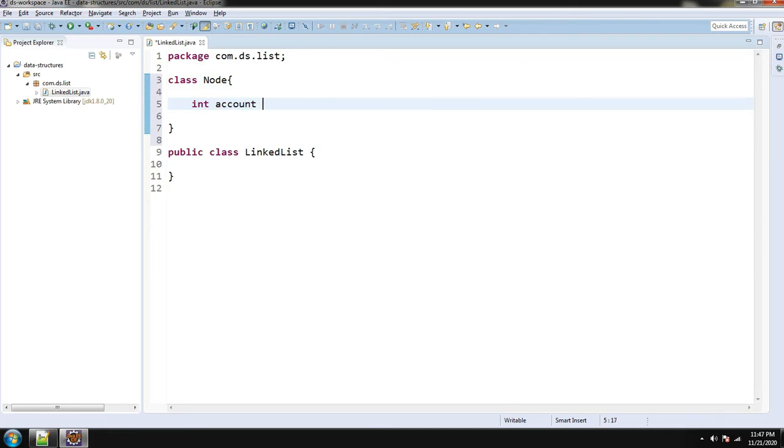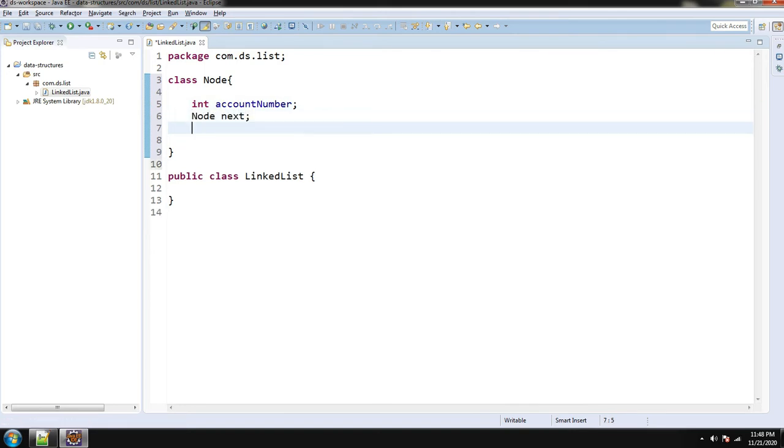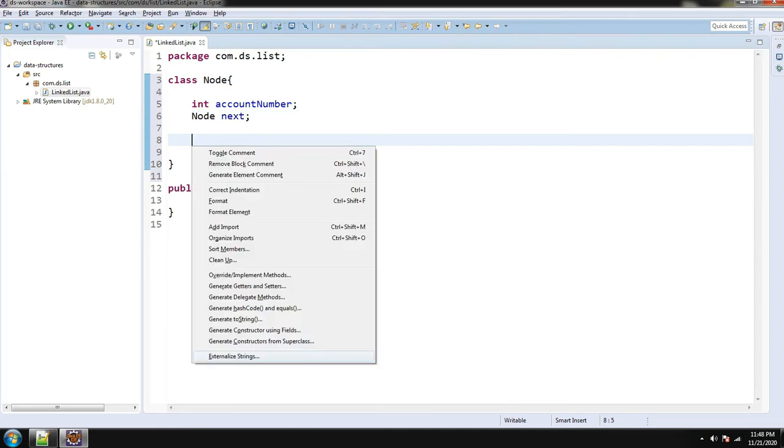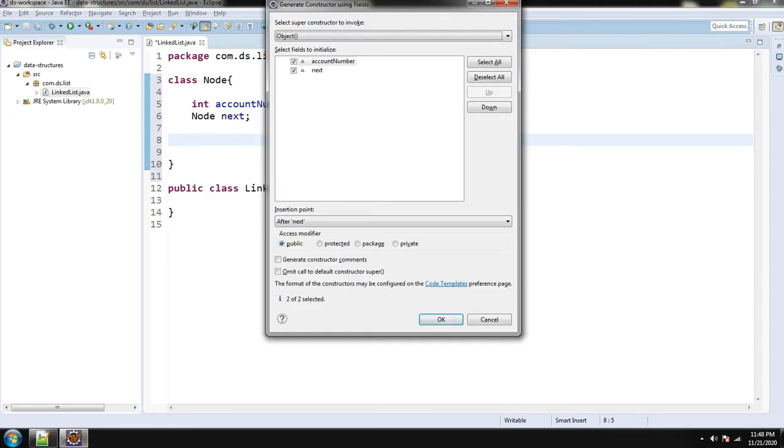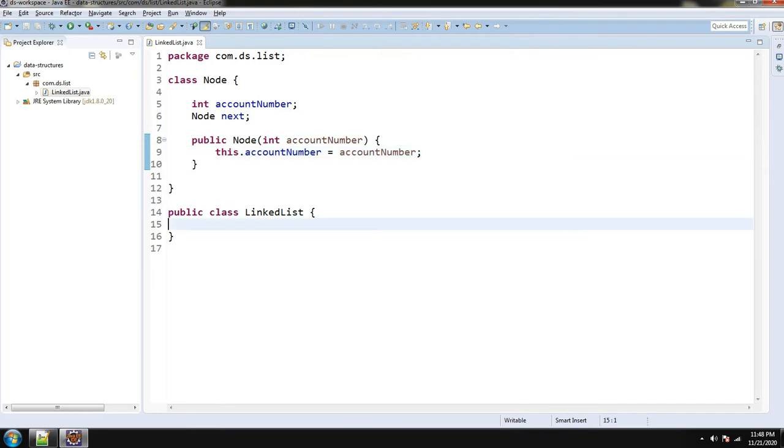As part of this node, I am considering int accountNumber, since I'm going to store account numbers in the linked list. I'm also considering a Node next to hold the next node reference, and I'm giving a constructor which takes account number as input.